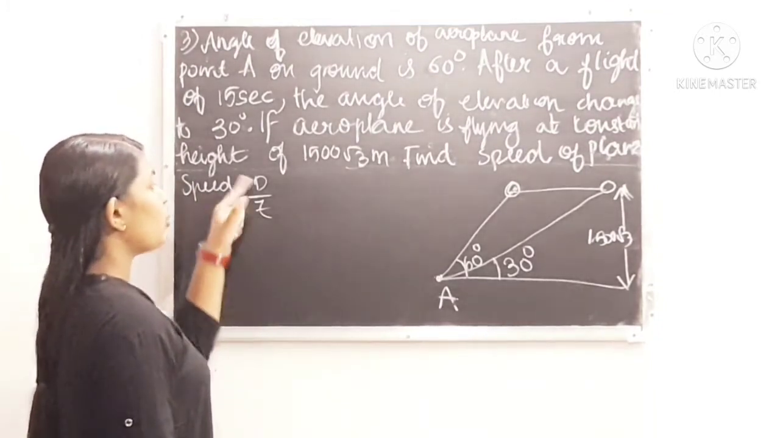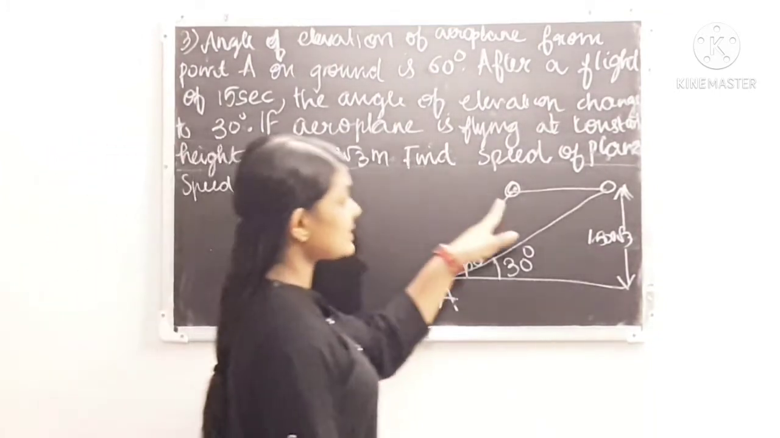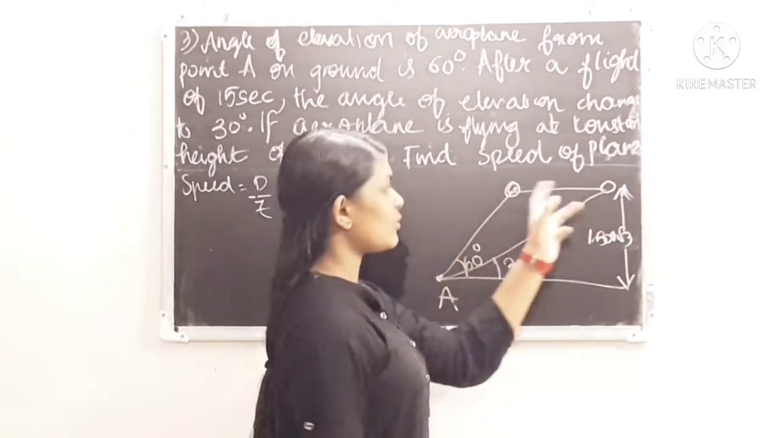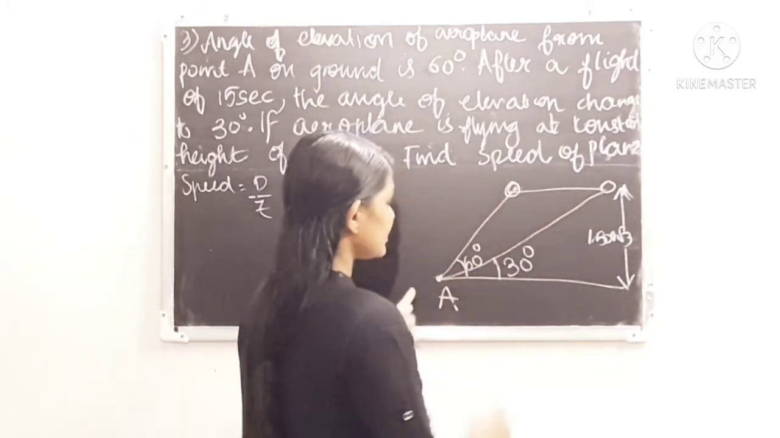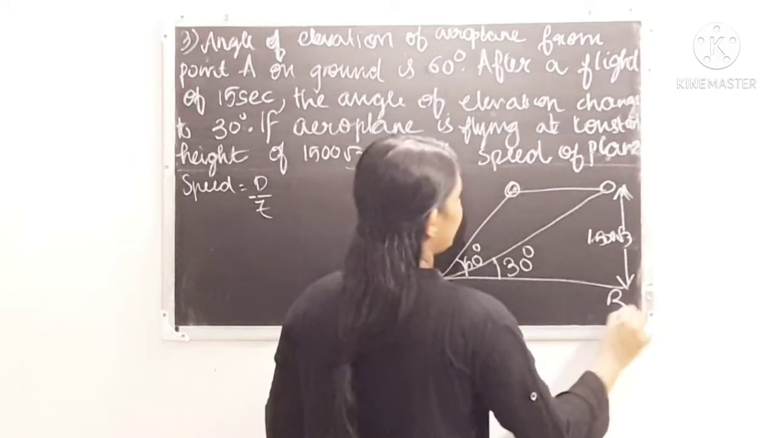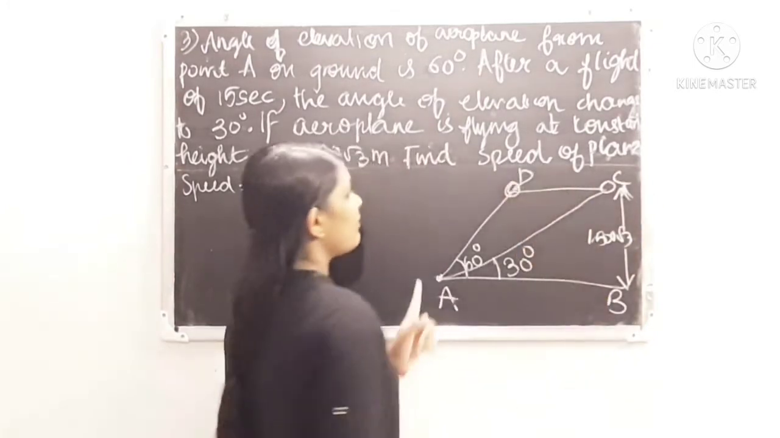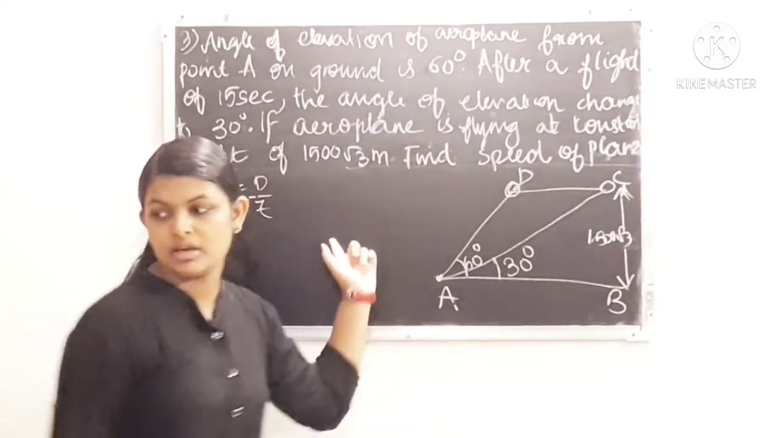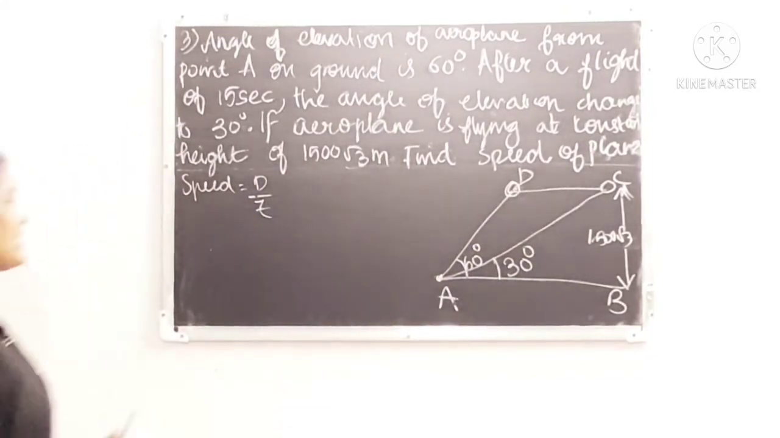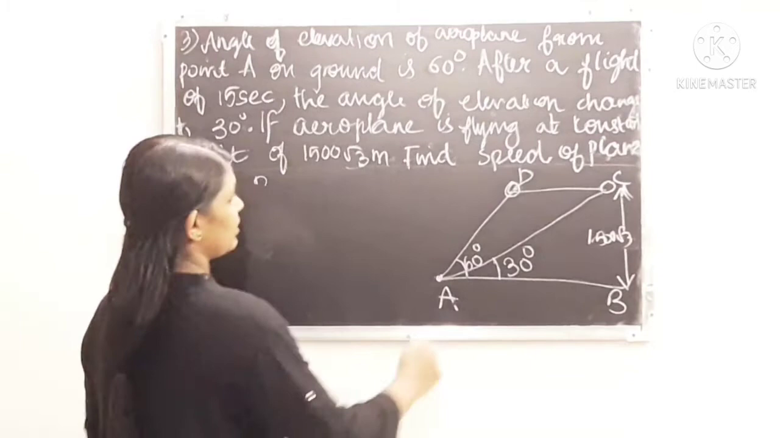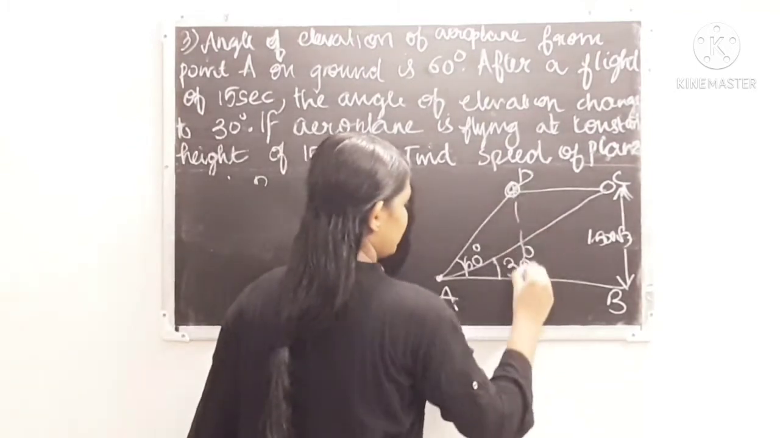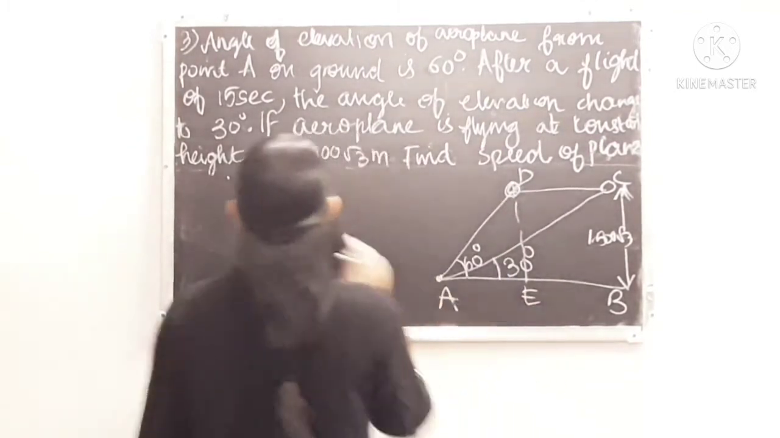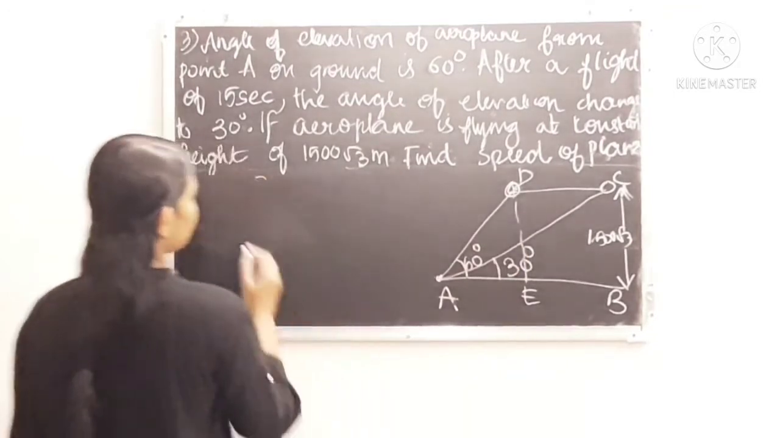So we need to know about the distance, that means the distance traveled by the aeroplane. We can name the points A, B, C, D. So we have to find the value of CD to proceed in the question. First of all, we can consider a triangle. We can join this also and name this point as E. From triangle ADE,